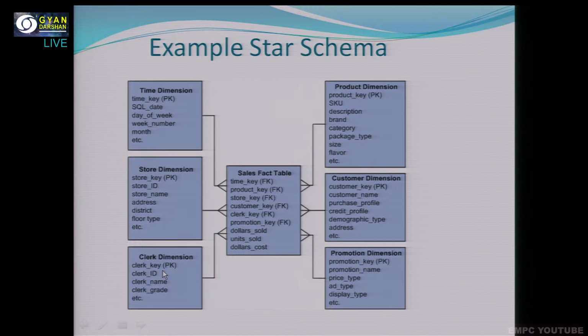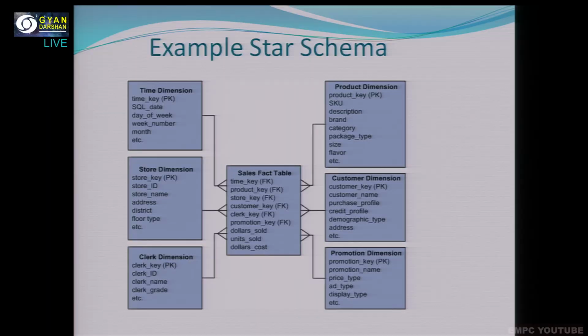And then once again, after identifying the facts, the fact table, and the dimension tables, establish the relationship. So we had established the relationship wherein we identified the primary key, and placed that primary key as the foreign key in the fact table. So a relationship between the fact table and the corresponding dimension table is established over here. And then you can see, other than the keys that are taken as foreign keys in the sales fact table,